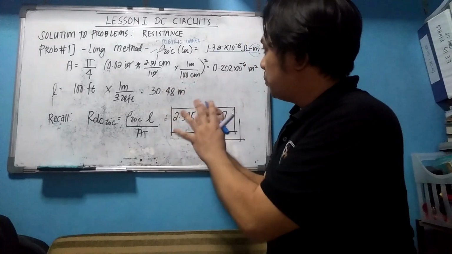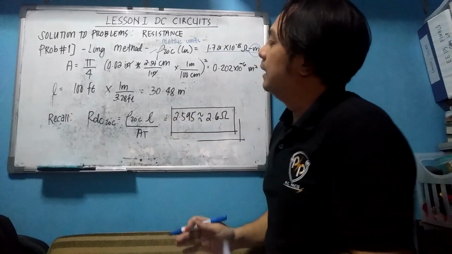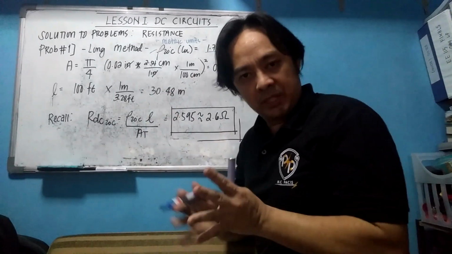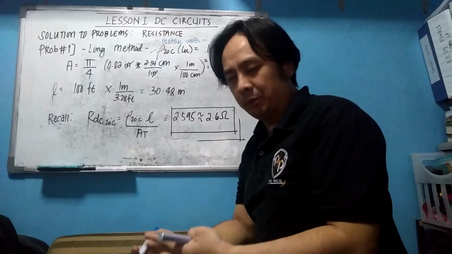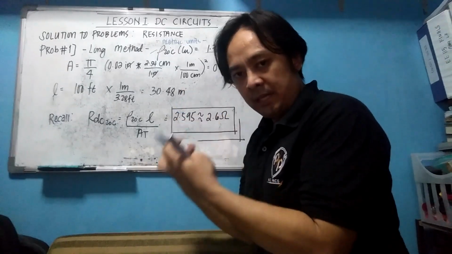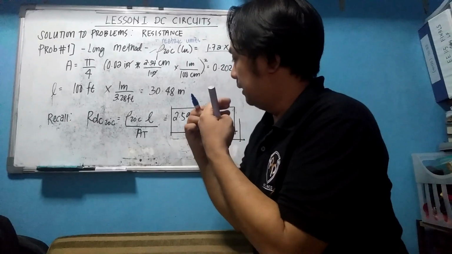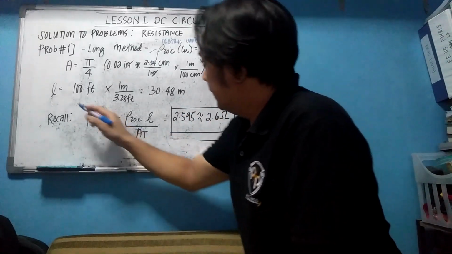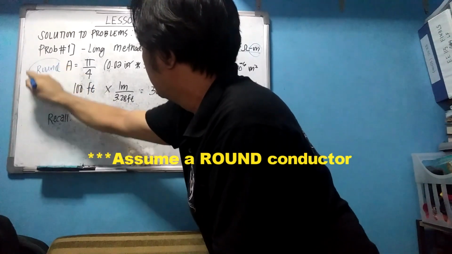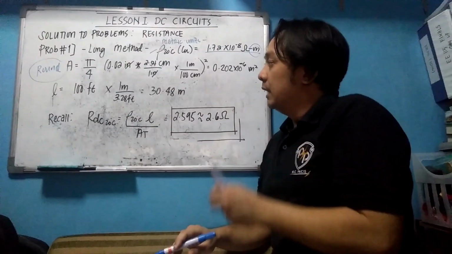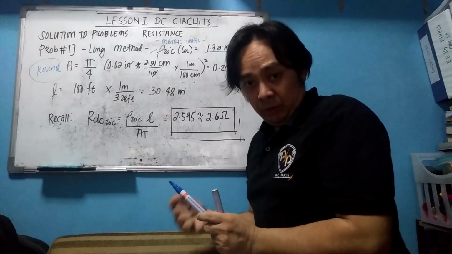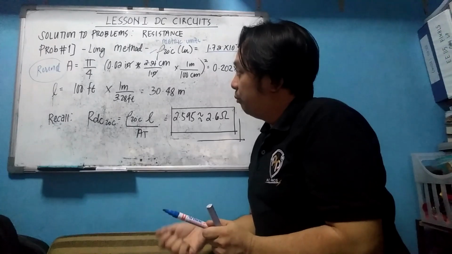Now since we already have the resistivity, we need to compute for the area. In this problem, it's not mentioned whether it is a stranded conductor, a round conductor, or a perfect conductor, but it's very basic and common sense that you can assume this is a round conductor. For a solid round conductor, the formula for the area of a circle is equal to pi over 4